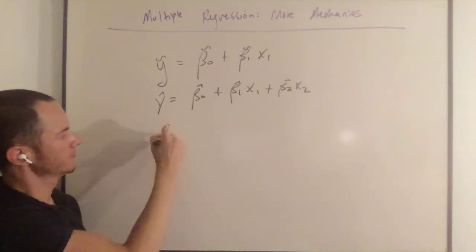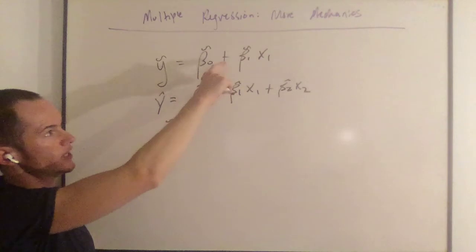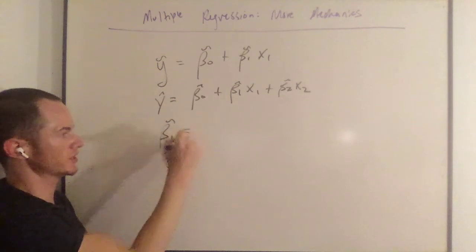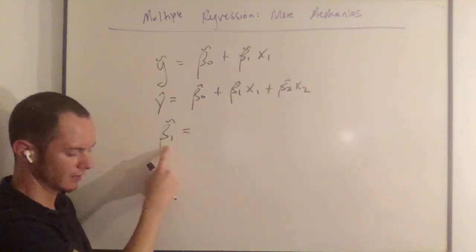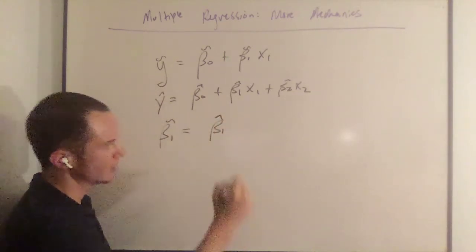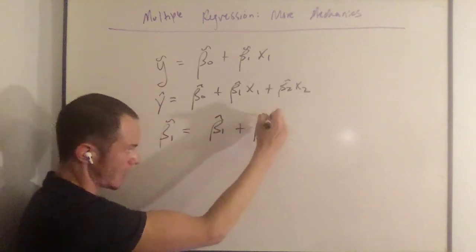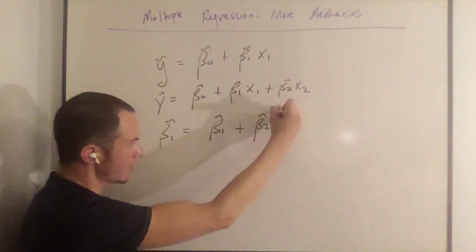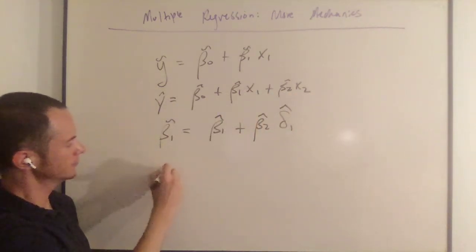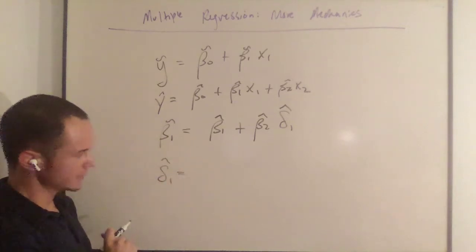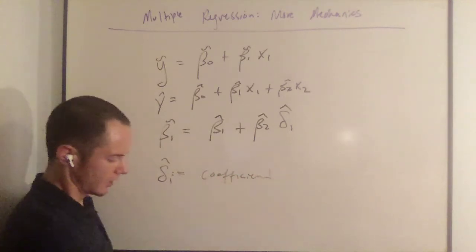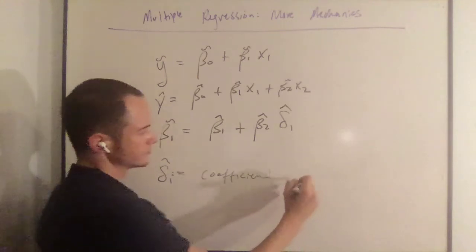Then if for some reason we end up running the simple regression instead of the multivariate regression, we're going to have an estimate beta 1 tilde, which is going to be equal to beta 1 hat plus beta 2 hat times delta 1 hat, where delta 1 hat is the coefficient